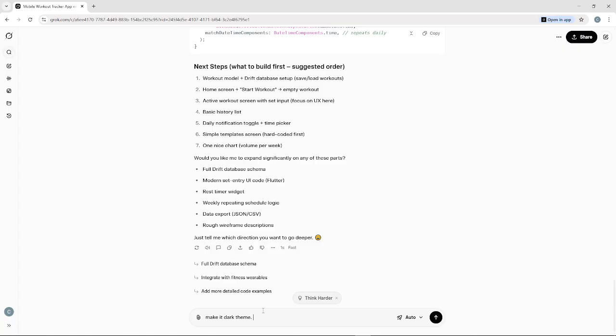From there, get no-code implementation instructions. Ask Grok to generate step-by-step build guidance for platforms like Glide, Adalo, or Bubble. It can map out data structures, screens, actions, and workflows, and explain how to connect features like reminders or notifications